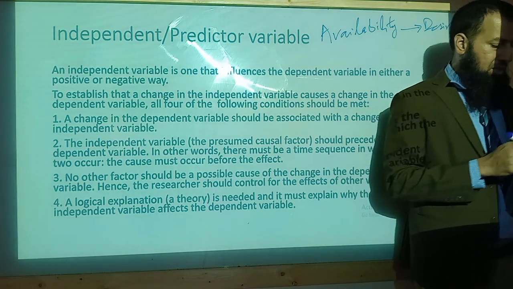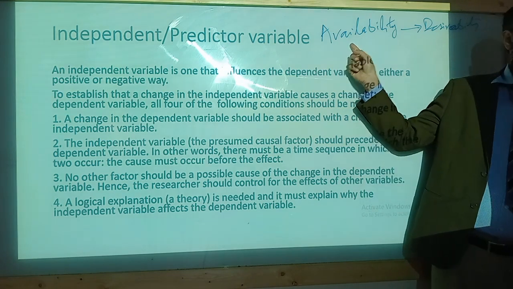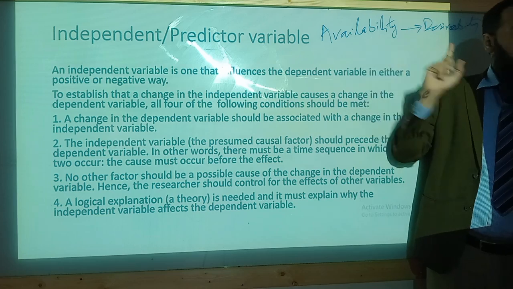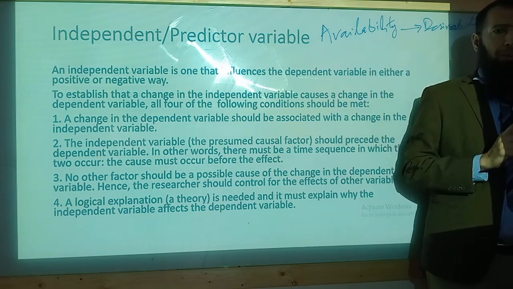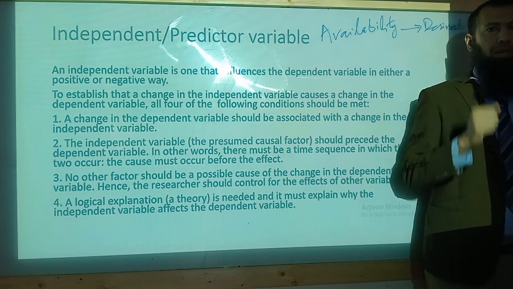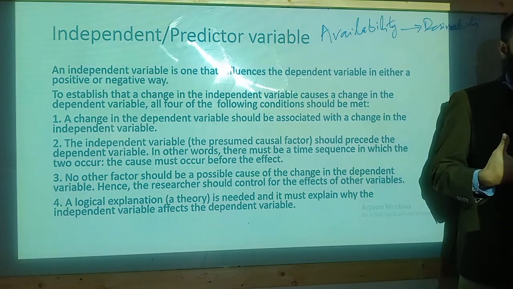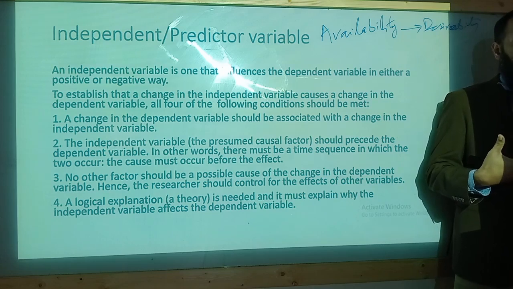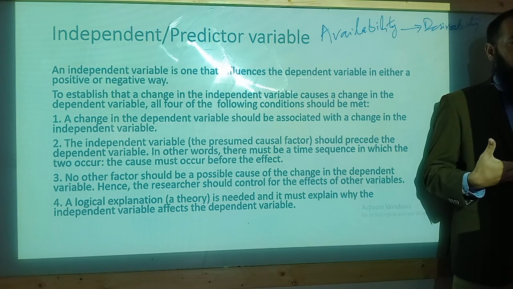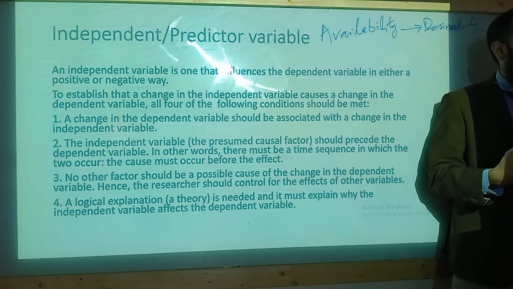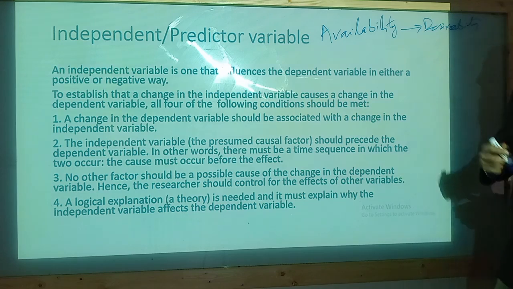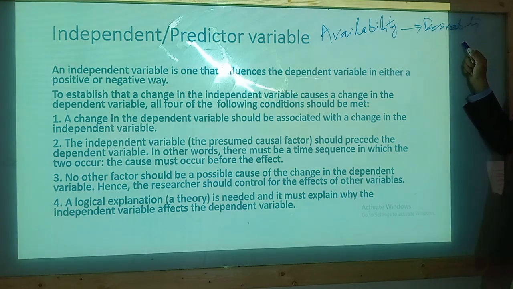So what does that mean? It means that if you say the availability is changing the desirability, you need to ensure that it is happening. If it is not happening, then you will be confused. For example, if there are other factors involved, such as the competitor is out of market, you cannot find the true relationship. Or another scenario, there are too many competitors. What will happen? It will change the scenario.